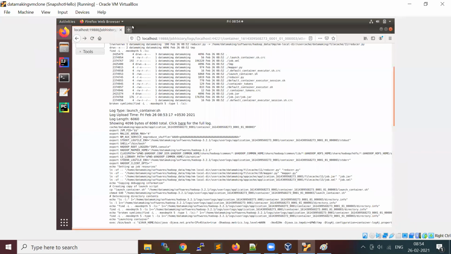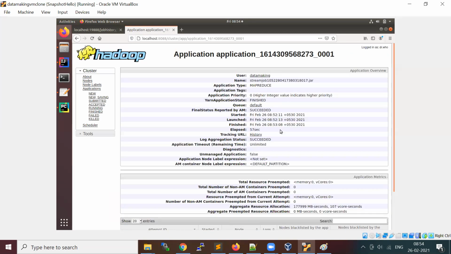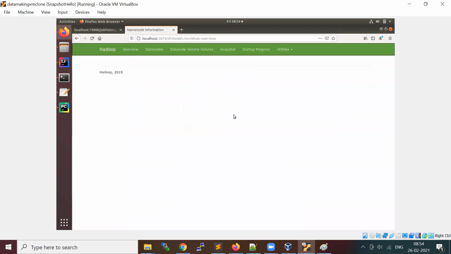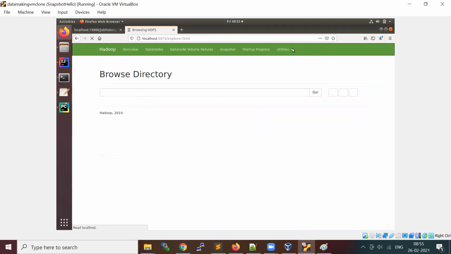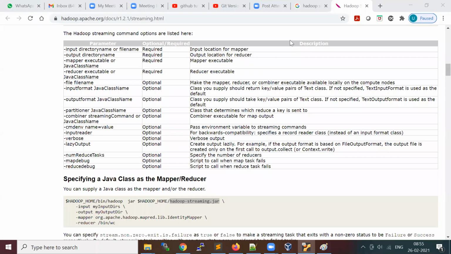Okay, let's go and verify the output. You open the file system, not the local one. Regarding an exception occurring in the middle of the execution, basically it will retry.